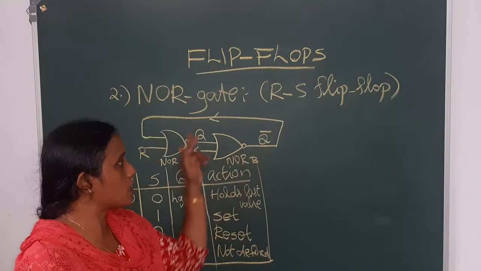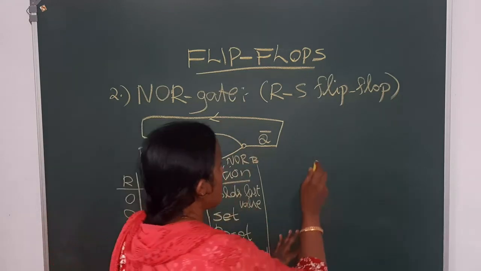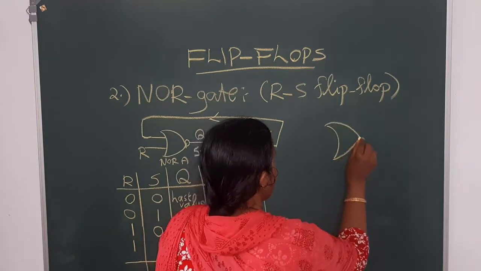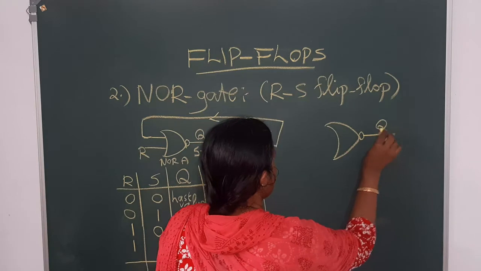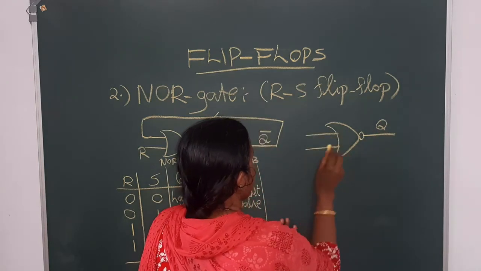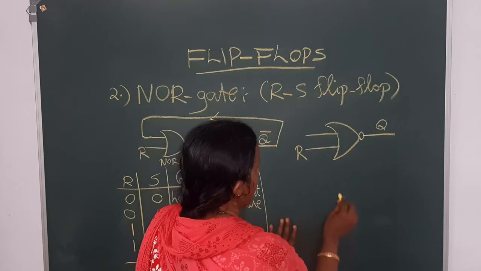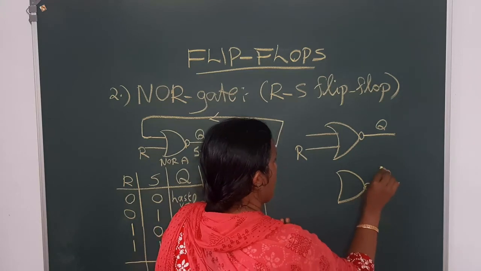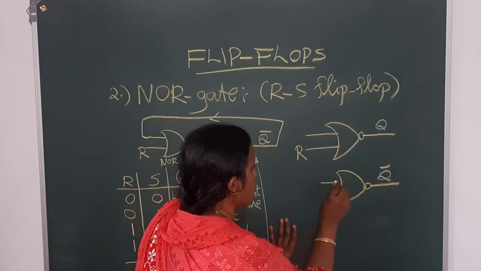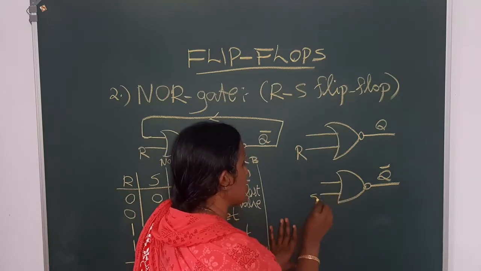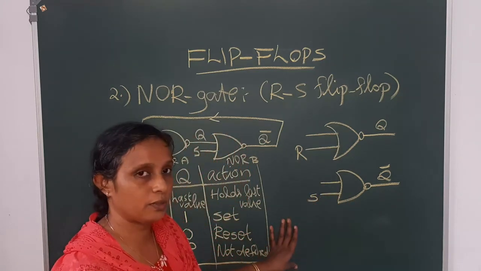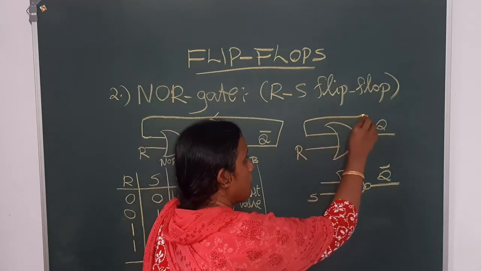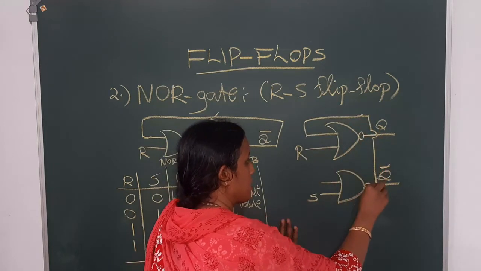Now you can draw this circuit in a much simpler form by using an upper and lower gate. I can show you here. Usually we draw this RS flip flop like this. This is R, okay, and now this is our second gate. This is Q bar, okay, and now there are two inputs like this. This is S input. Now what is the condition? We already learned that one input of this gate should be the output of the second gate like this.